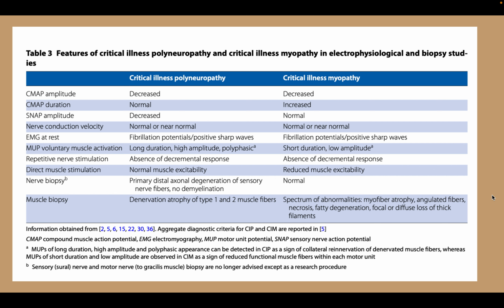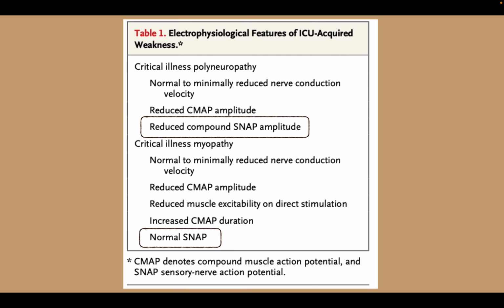Here is a snapshot of the differentiation between the critical illness polyneuropathy features and the critical illness myopathy features based on the CMAP amplitude, the CMAP duration, SNAP amplitude, the nerve conduction velocity, EMG at rest, and all sorts of neurological parameters. But I think I'll just move on to the next slide, and in very short, I